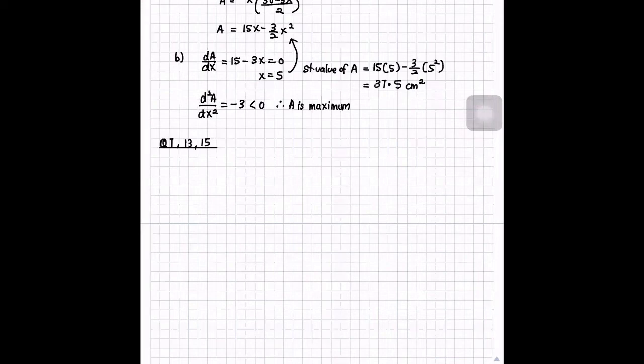The diagram shows a right circular cone of base radius r cm and height h cm, cut from a solid sphere of radius 10 cm. The volume of the cone is V cm cubed. Express r in terms of h. Okay. The only number value from the question is the radius of the sphere being 10 centimeter. Using that, how can I move on?